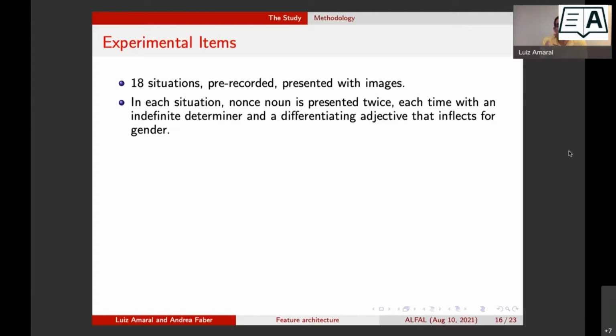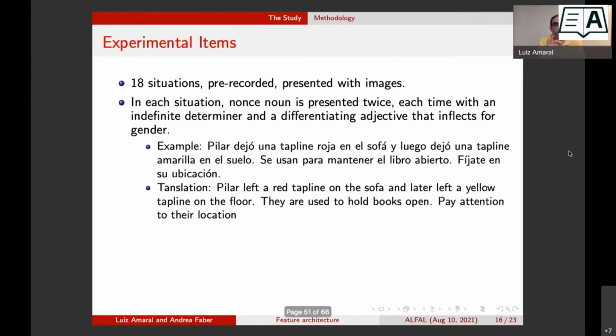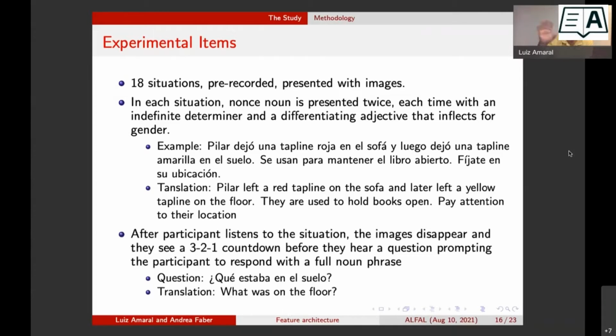And each time with an indefinite determiner and a differentiating adjective that inflects for gender. So the situations were something like that. Pilar dejó una tapline roja en el sofá y luego dejó una tapline amarilla en el suelo. Se usan para mantener el libro abierto. Fíjate en su ubicación. And then with that, there would come a picture, right? An image where you would see the position of the taplines, la tapline roja en el sofá, la tapline amarilla